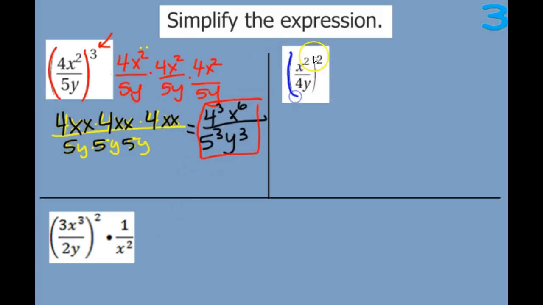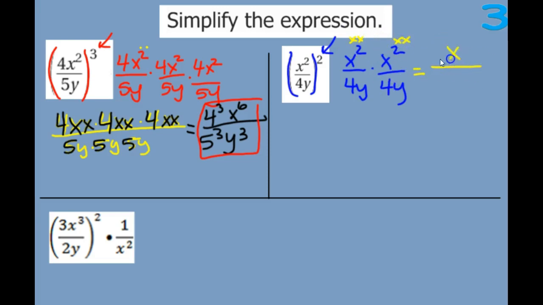Alright, this next one, same thing. We're going to write whatever's in the parentheses 2 times. So x squared over 4y, x squared over 4y. Now this one, if you want to write it out as one big long problem, you can, but I know that x squared is really x two times,